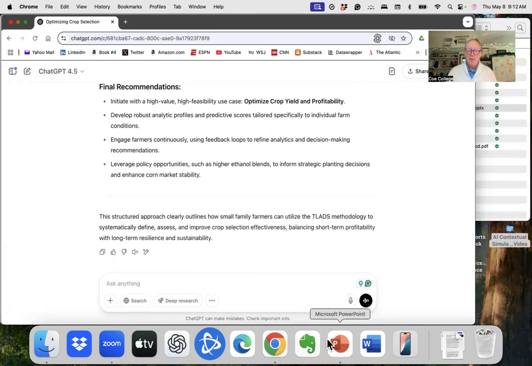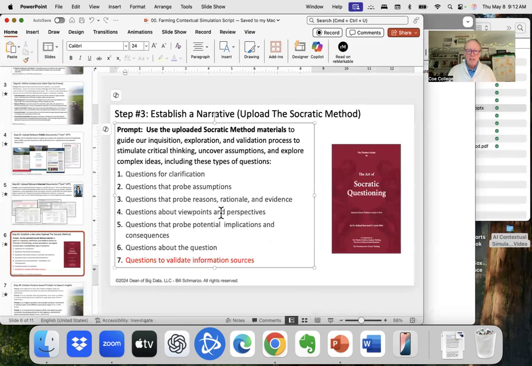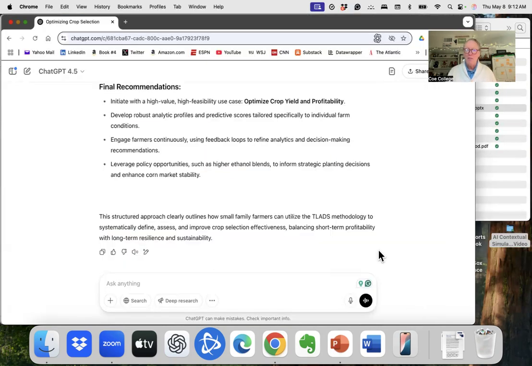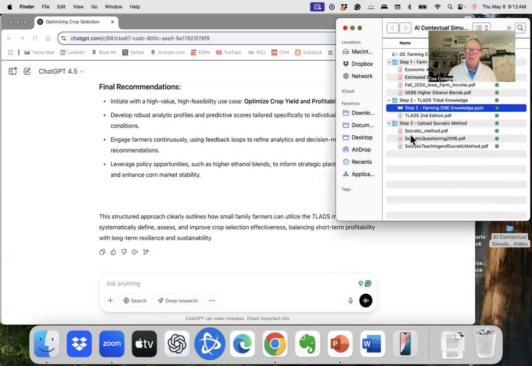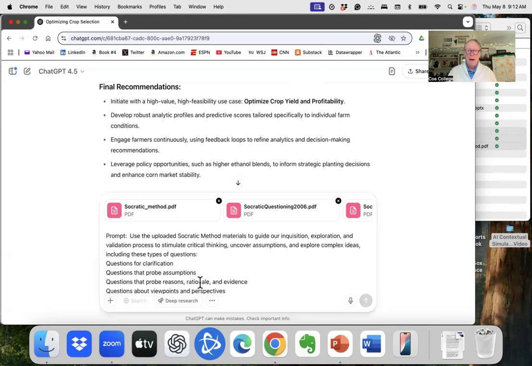Now that in the process here, now that we've gotten it to really think through and brainstorm, it's generating all this great knowledge. Now we want to teach it to think like Socrates. As it goes through our narrative process, as we start having a conversation with it, I want it to think like Socrates. And so what I'm going to do is I'm going to drop in some material on the Socratic method. And then I'm going to type in or copy in my prompt. And as soon as it's uploaded everything,